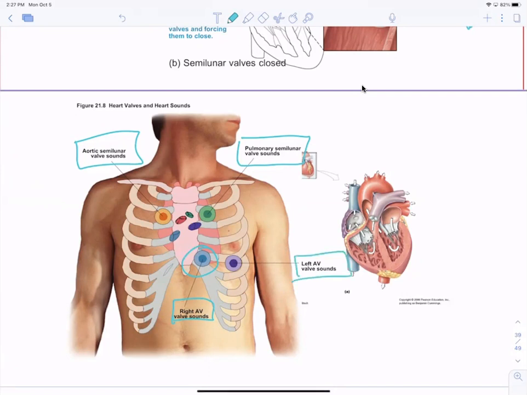And what they're doing is listening. They want to hear the valve close, and then they want to hear silence. Then they want to hear the other valves close, and they want to hear silence. So they listen to the aortic valve and hear it close, and then they want to hear nothing. Then they listen to the pulmonary semilunar valve and they want to hear nothing. And the right AV valve and the left AV valve, they want to hear nothing. This way they can check individual valves to make sure that they are closing and